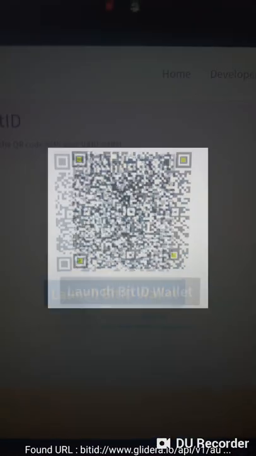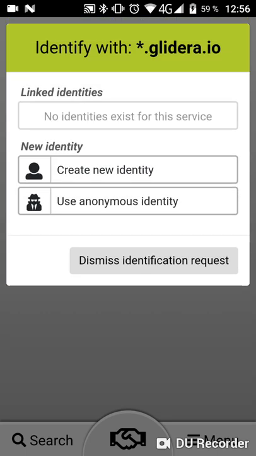You have a big connect icon in the center of the app, which you can tap, which then lets you scan a BitID login request. When it has scanned the login request, it presents you with the name of the service based on the contents of that service's SSL certificate. It also takes the colors from the favicon of that website if it is capable of finding one, or uses gray colors otherwise. As you can see here, it shows that we do not have any previously linked identities